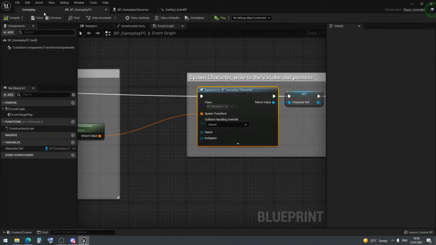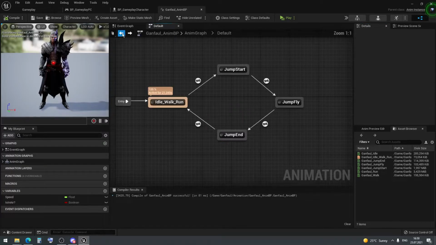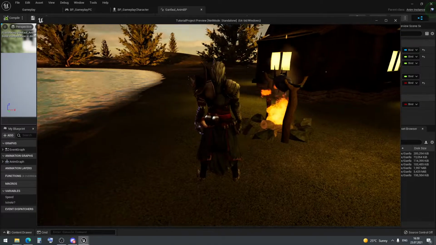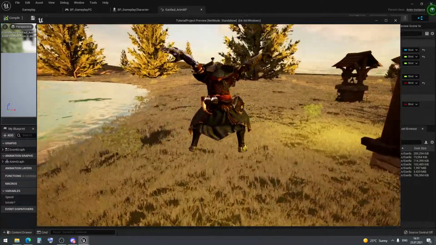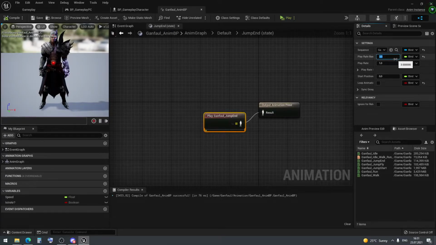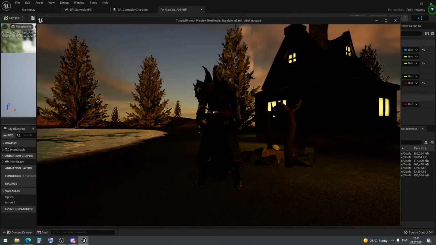I wanna go to my jump end and make its play rate 3 like yesterday. Yep, you remember. 3. Compile, save, play. And now it's something wrong. No, it's 1. It's play rate basic. This is our play rate. Compile, save, play, and